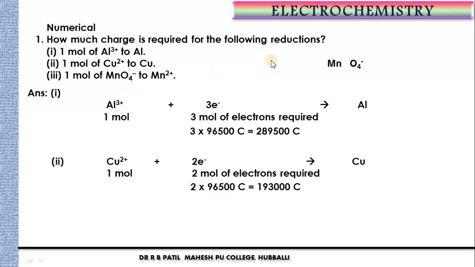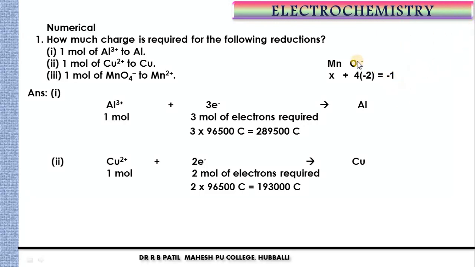Okay. Like this we can calculate for Mn. For that we have to find out the oxidation number. Let it be X, and the 4 oxygens are there. You know, the charge carried by oxygen is -2. So the overall charge on this ion is -1. So that's why it is equal to -1.